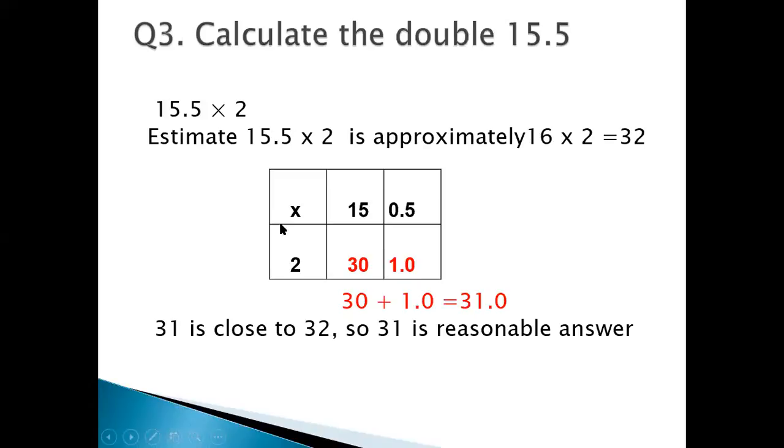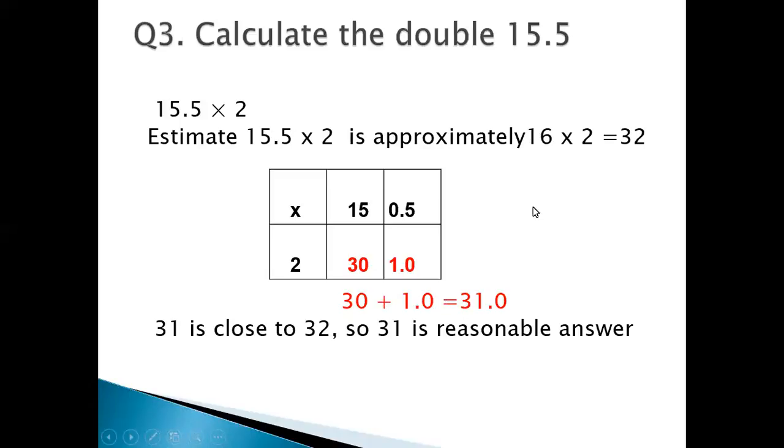Here we have made the grid: multiply 15, the exact complete number, then the decimal part in the next column. Then here you can see the multiplier is here. 2 multiplied by 15 is equal to 30. And 2 multiplied by 0.5 will be 2 5s are 10. And just simply put the decimal after counting one digit, that will be 1.0. And simply add the numbers. Those are written with red ink, because these are the required answers which we are going to use to add the numbers. 30 plus 1.0 will be 31.0.